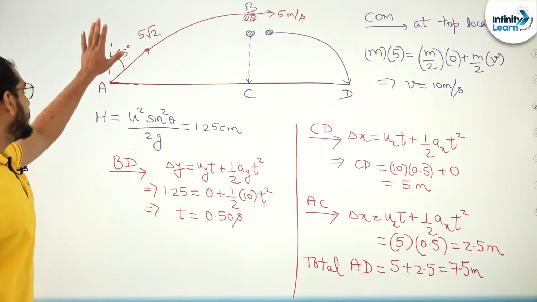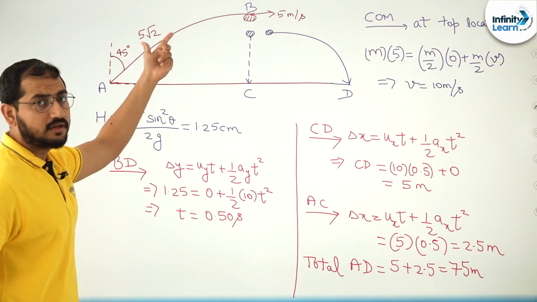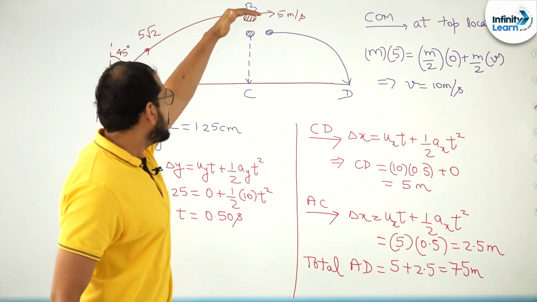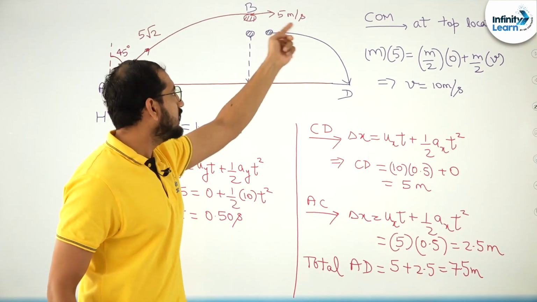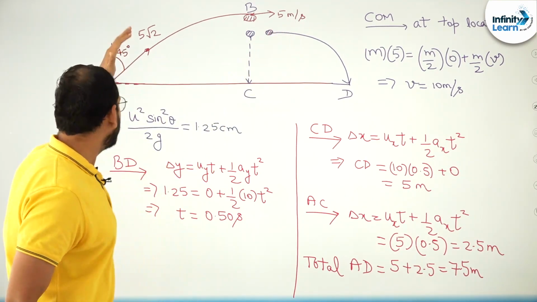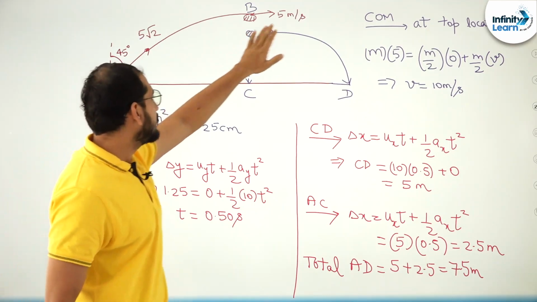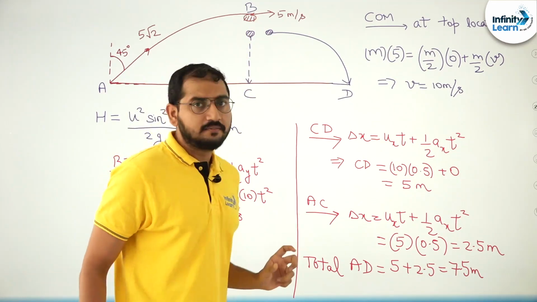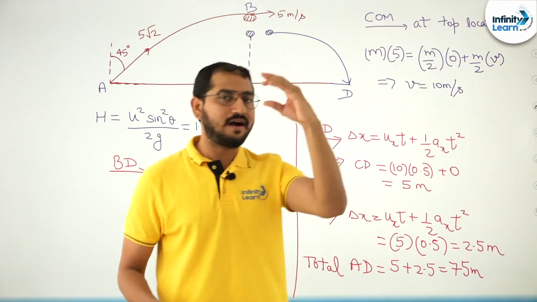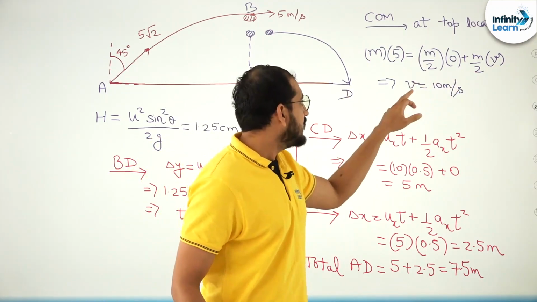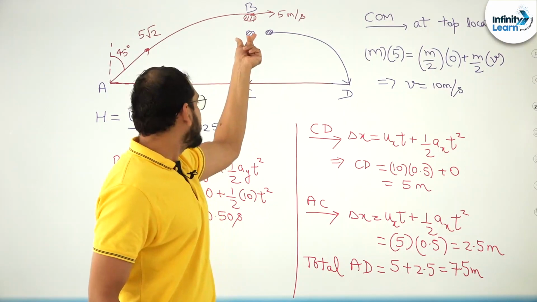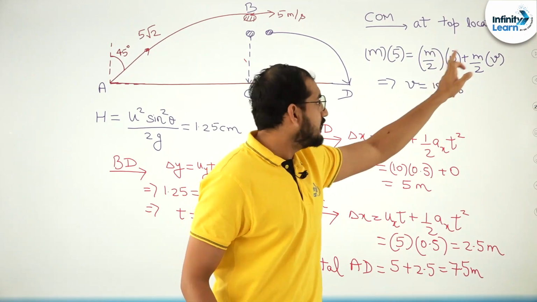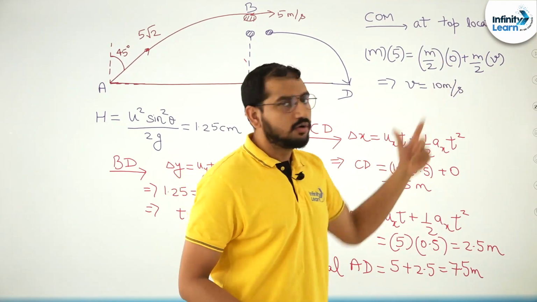Initially, the projectile's initial speed is 5√2 meter per second, thrown at an angle of 45 degrees from the vertical. When it reaches the highest point, there will be no vertical component, only the horizontal component, that is u cos theta, or in this case u sin theta, which is going to be 5 meter per second. At the topmost position the splitting takes place, so now we apply conservation of momentum at the highest point. The first part falls directly down to point C, so its speed is 0, and the velocity of the second part is going to be equal to 10 meter per second.